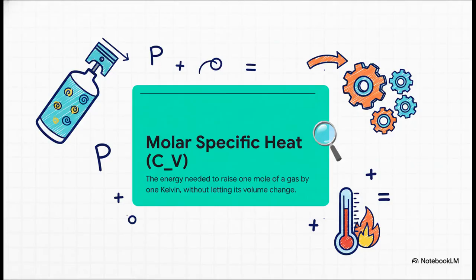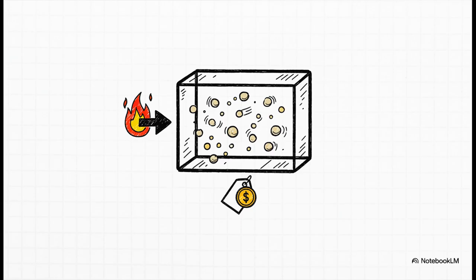Okay, so let's break these down. First up, CV. That's the molar specific heat at constant volume. I want you to imagine heating up a gas that's trapped in a sealed, rigid box. CV is simply the amount of energy you have to pump in to raise its temperature by 1 degree. That's it. A great way to think about this is with a little analogy. CV is like the base price of fuel. It's the pure, raw cost of the energy required to make those gas molecules jiggle around faster, which is all